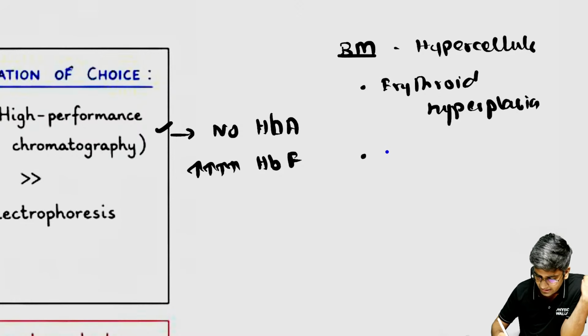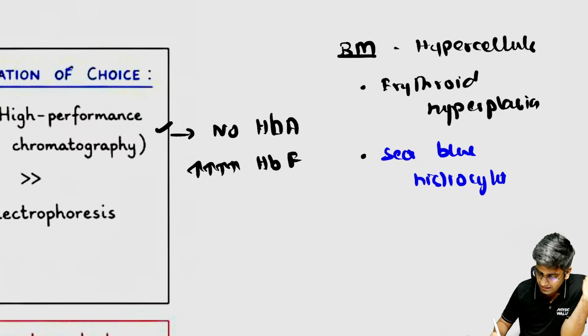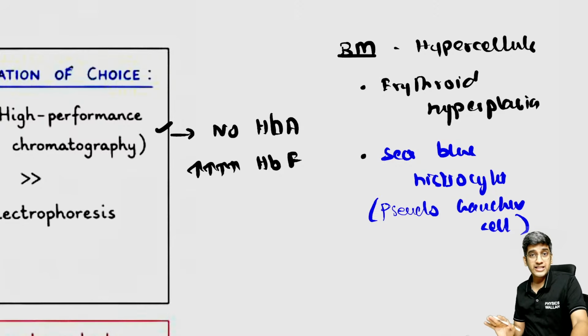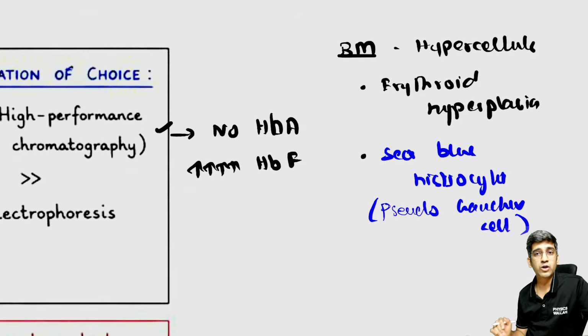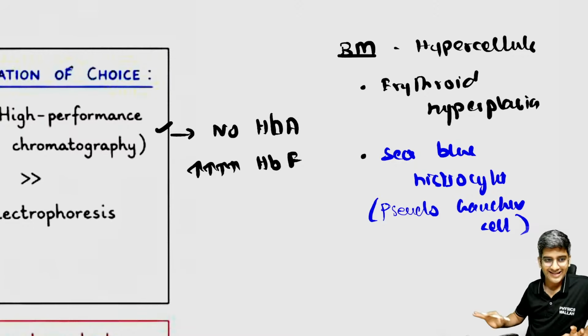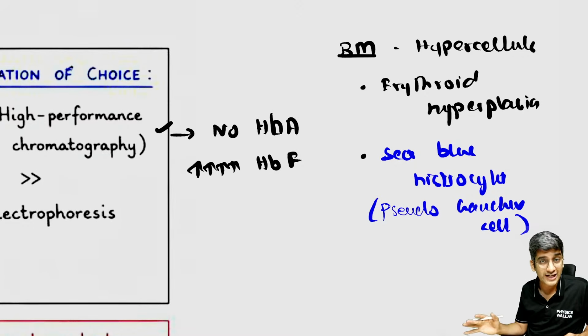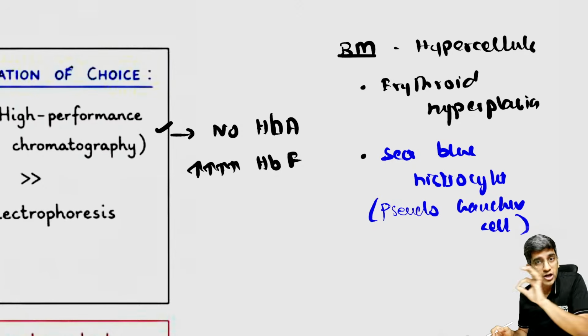You have a structure called sea blue histiocytes. These are nothing but macrophages which are bluish in color, or we also call them pseudo-Gaucher cells. Okay, pseudo-Gaucher cells or sea blue histiocytes are a classical finding seen, not only in thalassemia, but in any condition where the bone marrow divides more. That's all, right? In general, I don't require bone marrow. It's not required, but if there's a 2-mark question, what will you see in thalassemia major? Please don't worry. If you heard anything which is not required in real life, which you have not read before, don't worry about it.